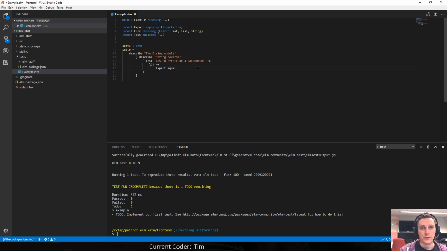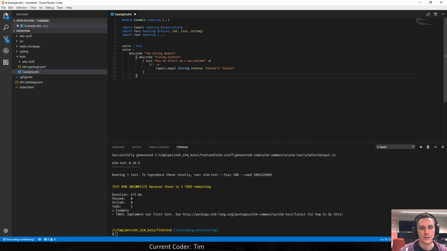Well, I want to reverse a palindrome. So this is a palindrome and I want to apply string.reverse to it. So this thing is the first argument to the equal method or to the equal assertion. And then what do I expect as an output? That's right, just Hannah, just like that.